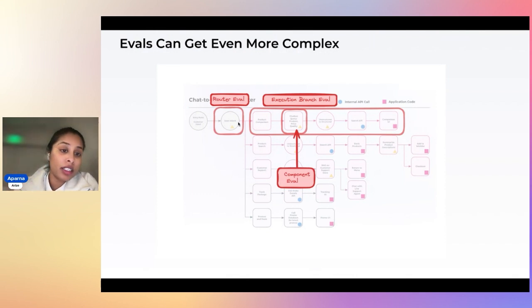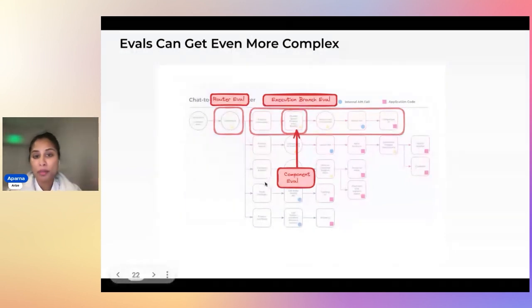And from a router perspective, you want it to route to the right execution branch. You don't want it, when there's a product support question, to go and recommend products to you.